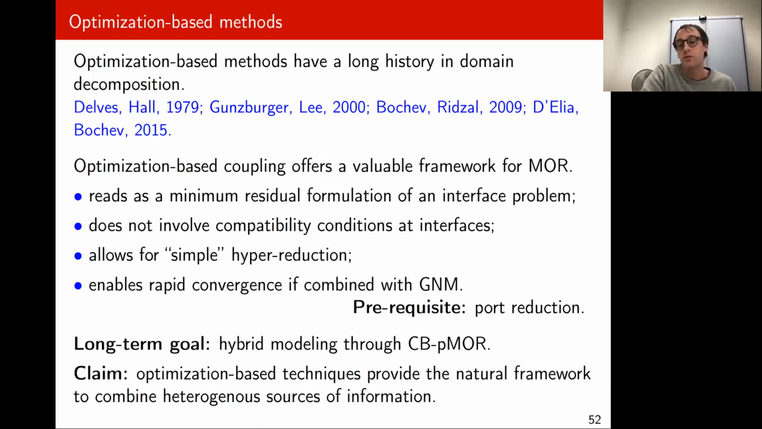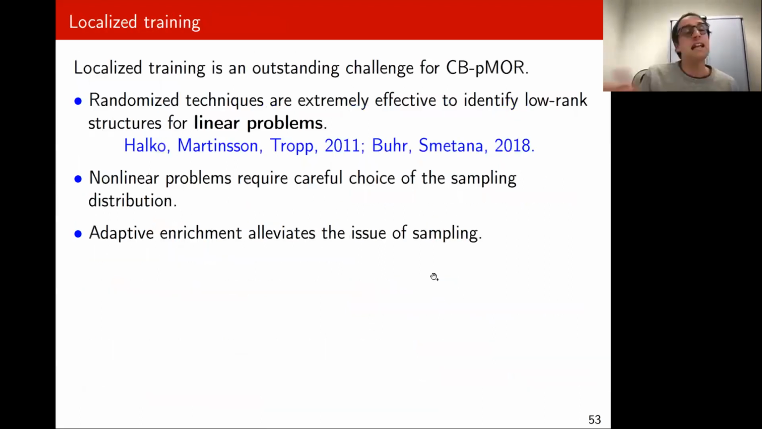What I hope I was able to convince you of with this talk is that optimization-based coupling techniques can provide the natural framework to combine such heterogeneous sources of information in a robust manner. On the other hand, I also tried to justify the message that localized training still remains an outstanding challenge for model reduction. To my knowledge, randomized techniques have been extremely effective to identify low-rank structures for linear problems, first in the linear algebra literature, and then also in the model reduction literature. On the other hand, for nonlinear problems, there's still much to be done,